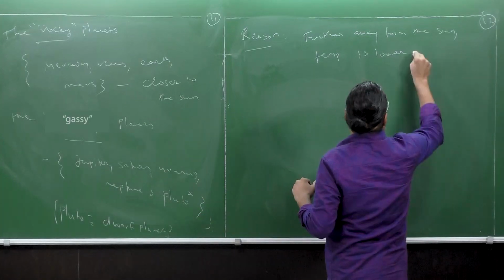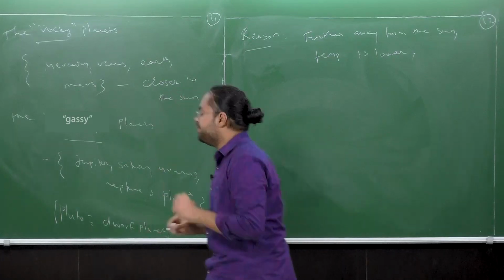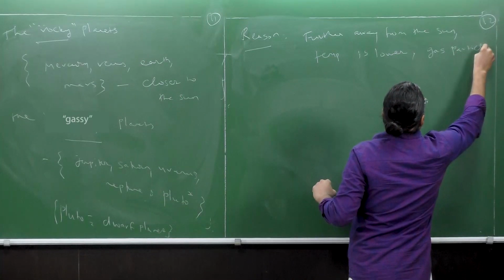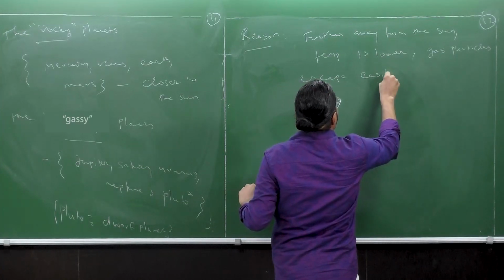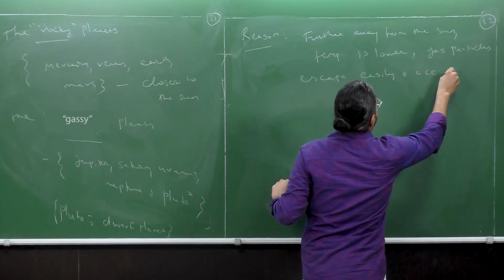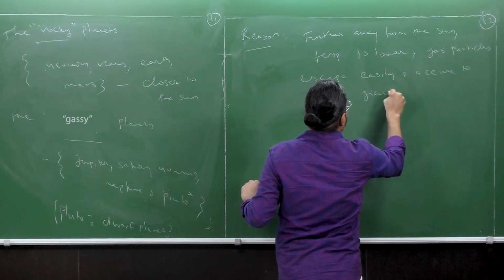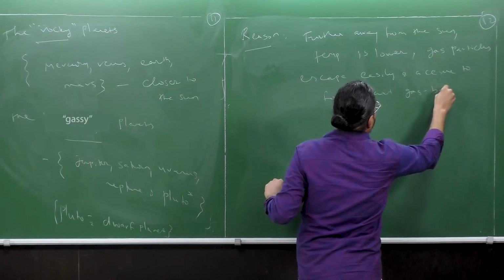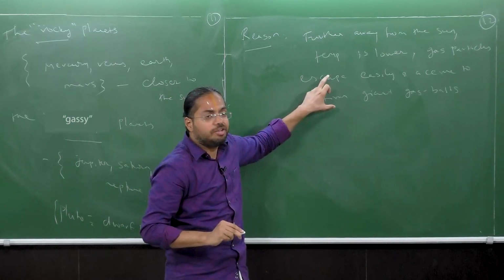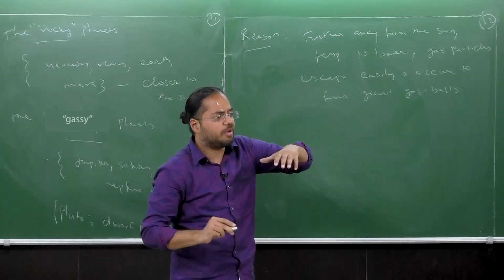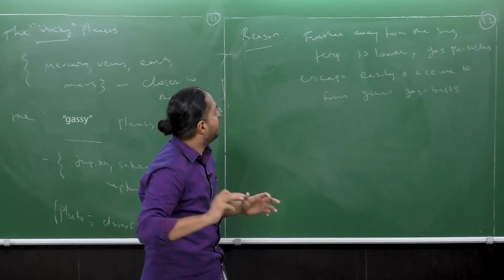Yeah. So as the temperature is lower, the gas particles can therefore escape easily and accrue to form giant gas balls. And especially, the condensation temperature for these gases is not reached. And that is why they stay very far away. Okay. Whereas